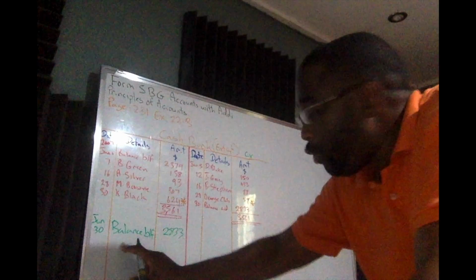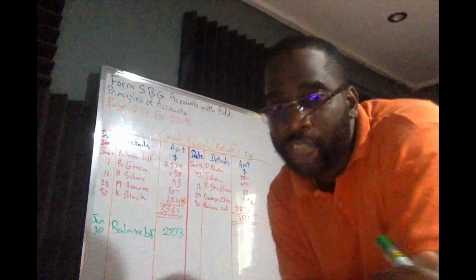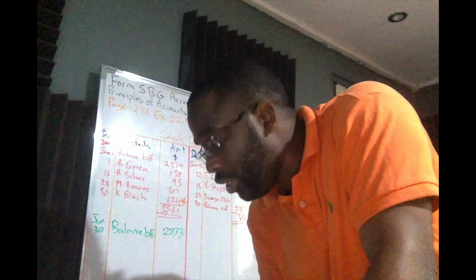So we're going to put that on the debit side of the cash book because there is money coming in. That $90 from Johnson Trader is coming in. It's a direct